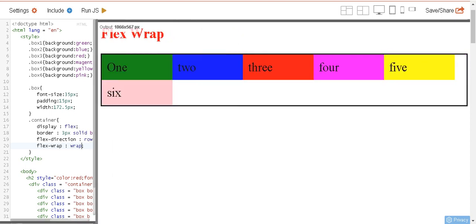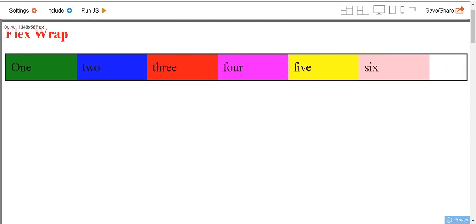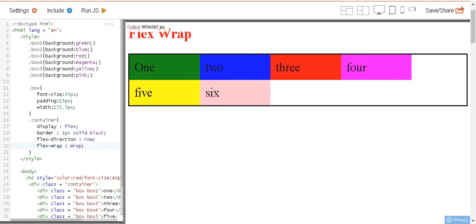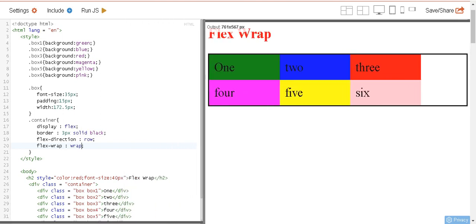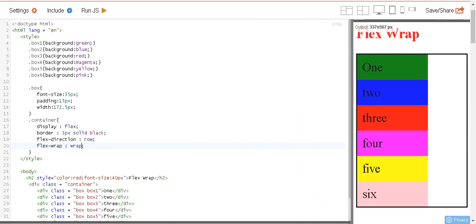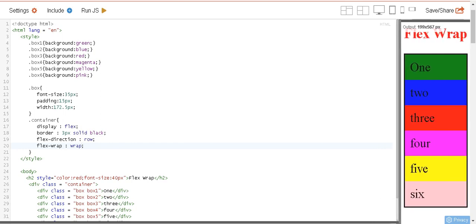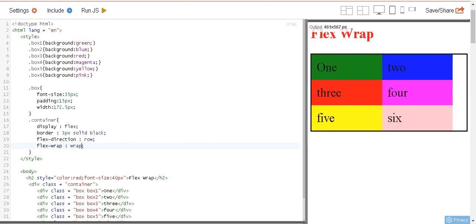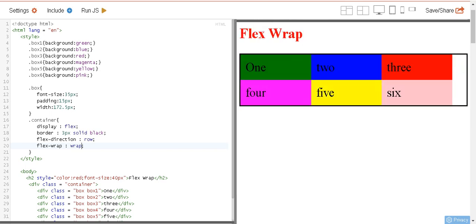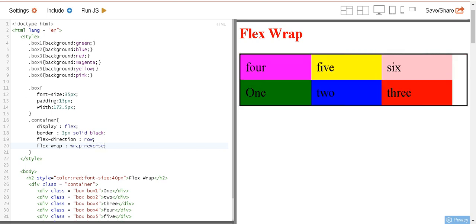As you can see, here it is getting sufficient width. Now if I reduce the size, then it wraps to the next line. And see, the whole element is taking 100% width now. So this is the flex wrap property, and the other value is wrap reverse. Again, in case of insufficient space, the elements of the container will wrap into additional flex lines from bottom to top. You can see 1, 2, 3, 4, 5, 6.